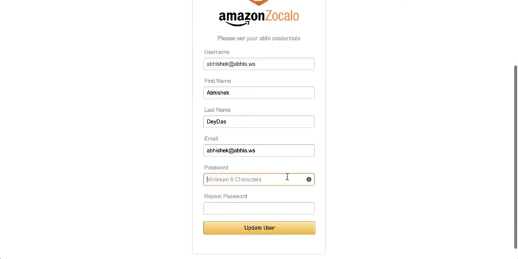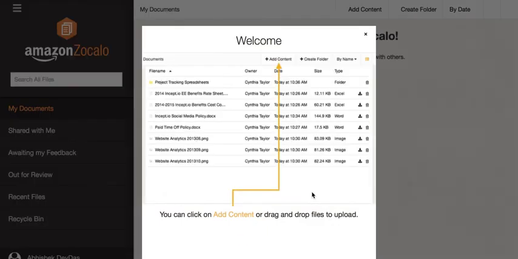So once your account is set up, and you're given a link, you just go there, set up your administrator's password, and then you're logged into this page,